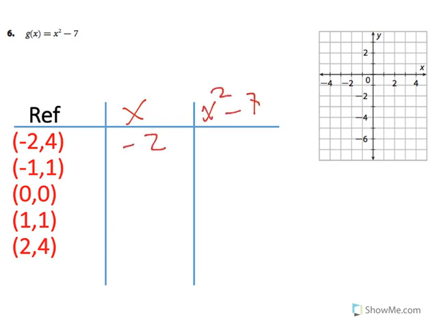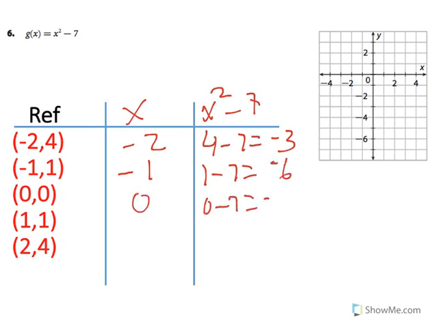So negative 2, or you can do 4 minus 7 gives us negative 3. Negative 1, 1 minus 7 gives us negative 6. 0, 0 minus 7 gives us negative 7. 1, 1 minus 7 is negative 6. And 2, 4 minus 7 gives us negative 3. Right? So we have